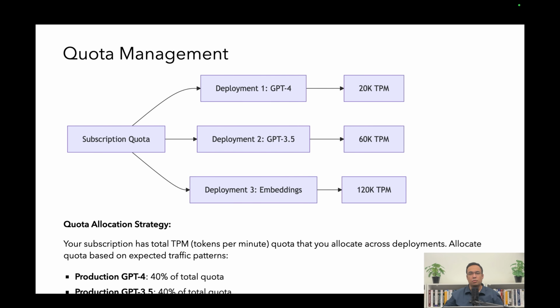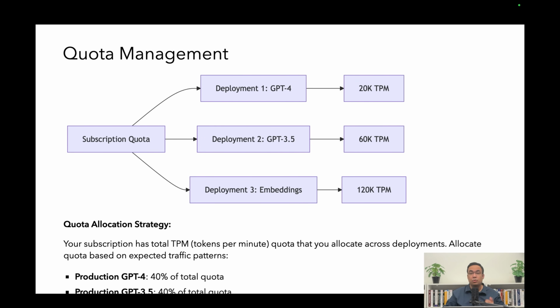well. For development and testing, you might allocate 15% of total quota. This ensures your development team can work without impacting production, but they do have lower priority because it's not a production use case. For embeddings, you might allocate 5% of the total quota. Embedding calls are typically less frequent than completions in most applications. The specific percentages depend on your workload, but the principle is to allocate based on business priority and expected usage